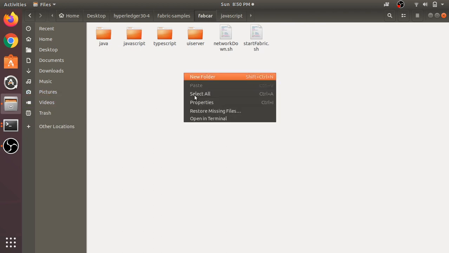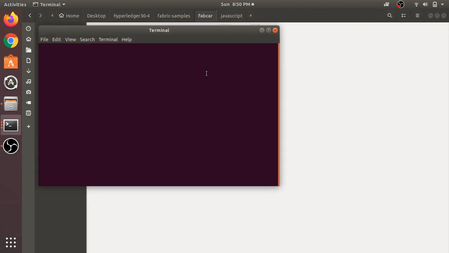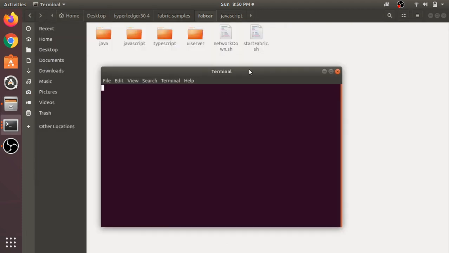For that, you have to open the terminal and copy all the files in JavaScript using the cp command into a new folder, so we can name it API server. Here I am creating a new server called API server.